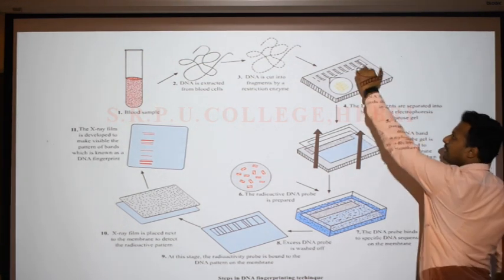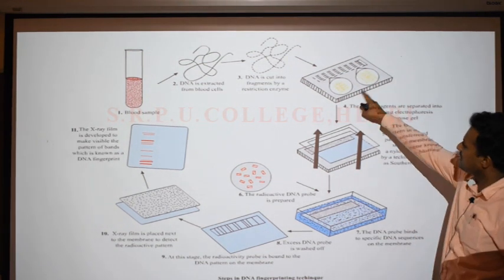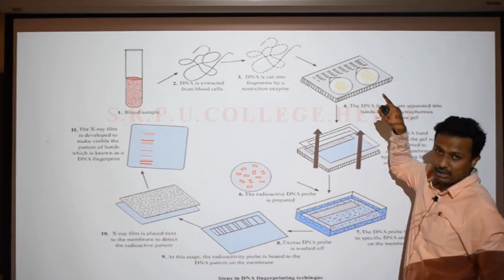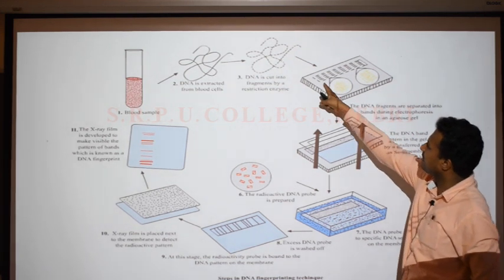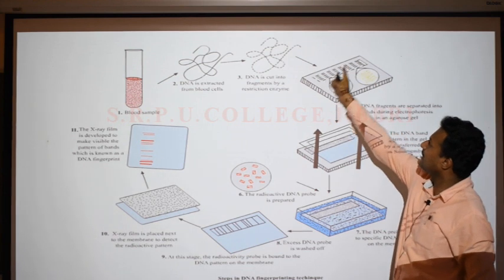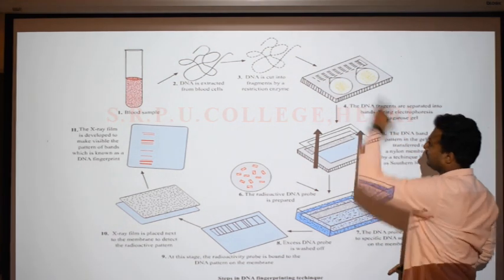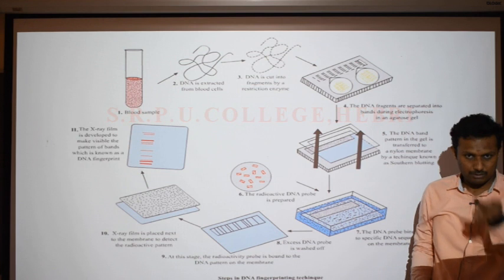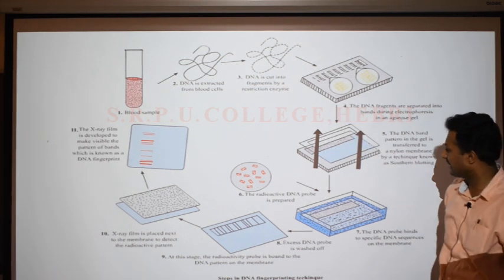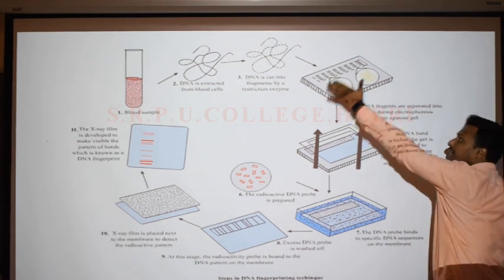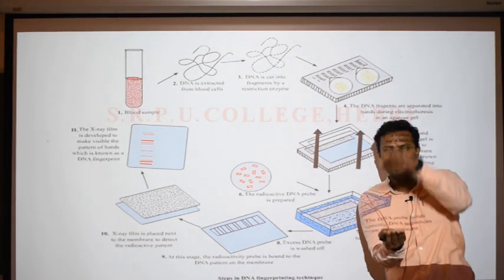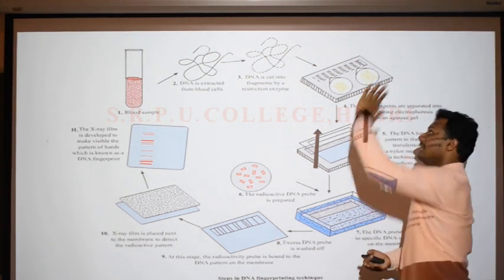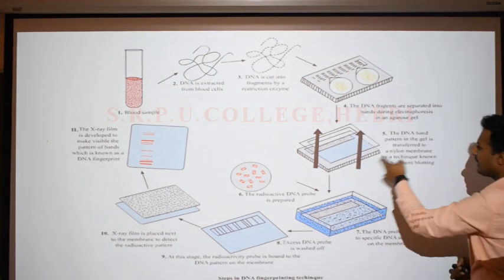Look, here the DNA has been put into these wells, and because of the charge applied here, the small DNA fragments have run here, and these are all the small fragments that we can see. They are the DNA fragments, the small pieces of the DNA separated there. So the pattern that came here, we just press onto a nitrocellulose or nylon paper, a synthetic paper, like this. Look, we press here and take this.